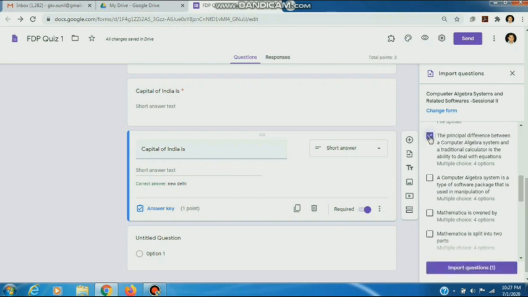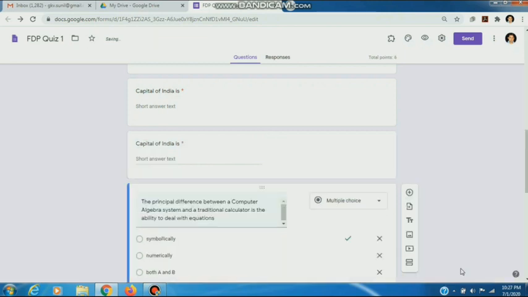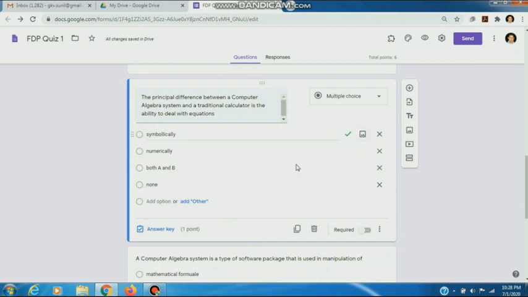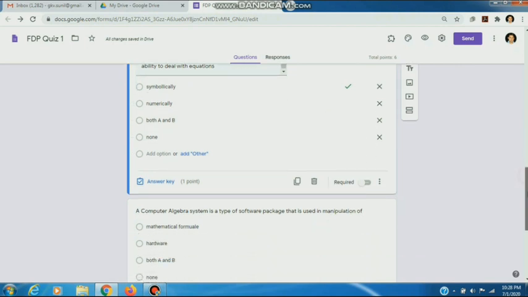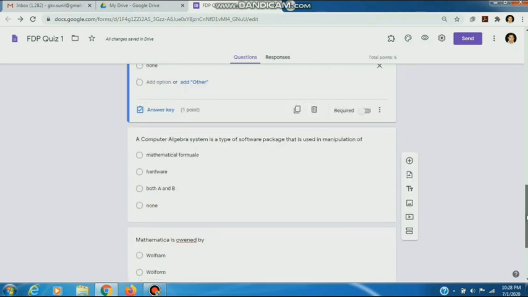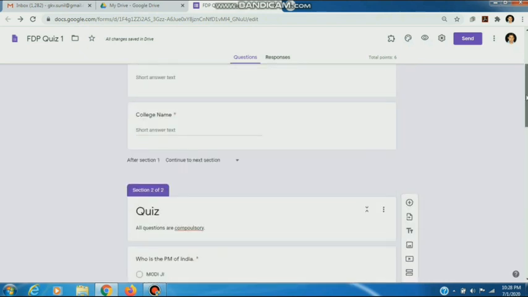I choose this multiple choice question. I choose 3 questions. All are multiple choice. All settings have already been done. So we can create a quiz like this.